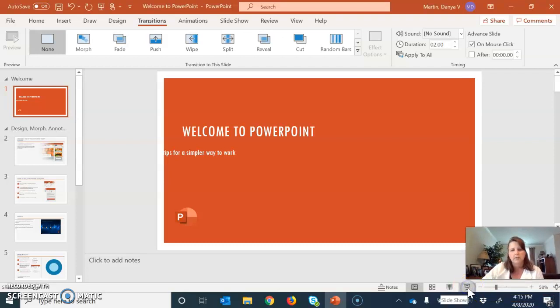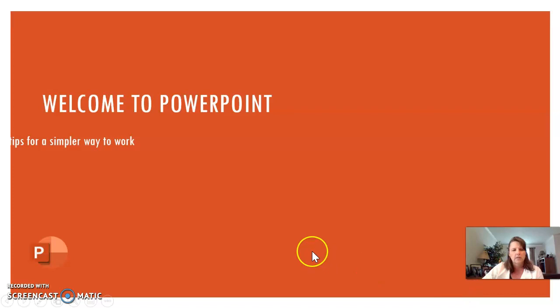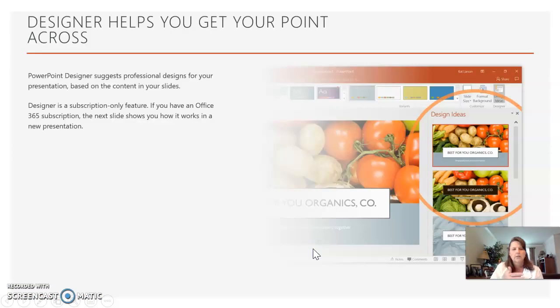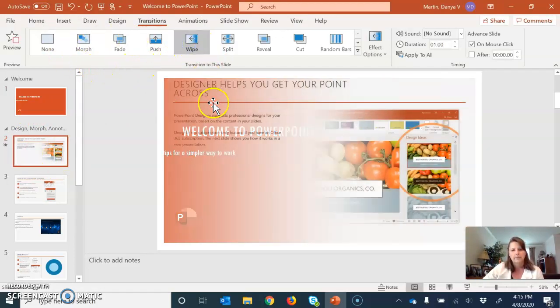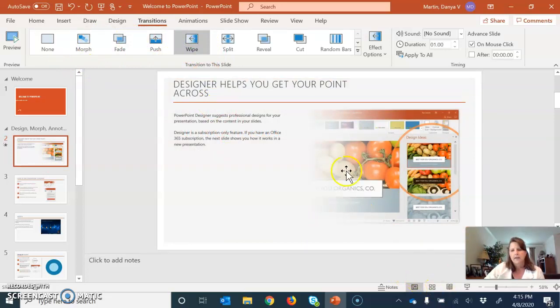showing the presentation. So if I showed this presentation and I click, notice it just went from one slide to the next. There was nothing to transition it to go to the next slide. Okay, but if I were to set a transition for this slide, let's say a wipe, okay, and it gave you a little preview there. Then I go to my,